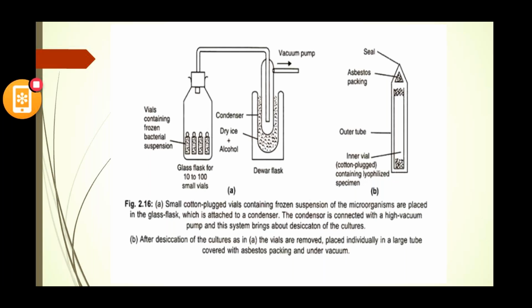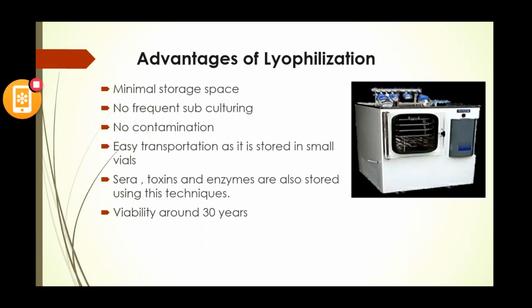This is the packing which we generally seal. We generally seal the microorganisms or vials. In this case, we call the microorganisms as vials. These vials are packed like shown in the second picture, and they are preserved in a lyophilizer. And this is the picture of lyophilizer, and they are seen in the large industries.